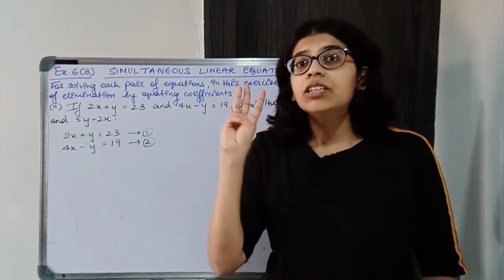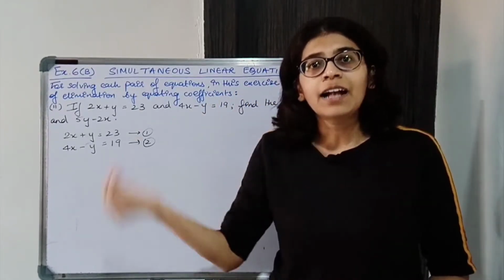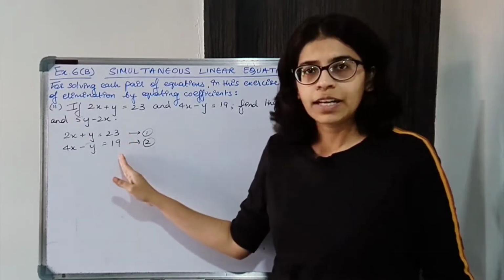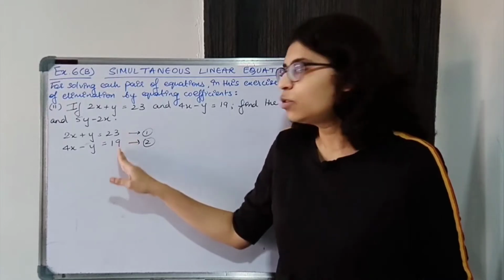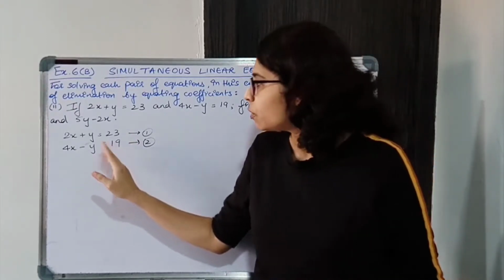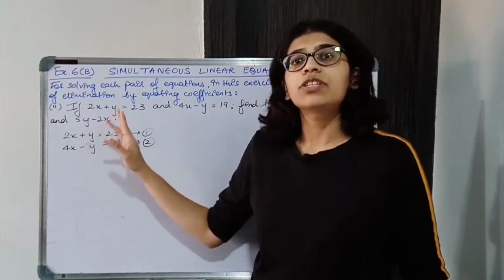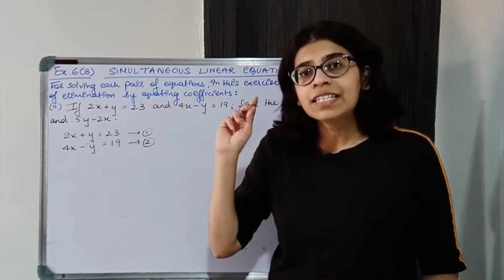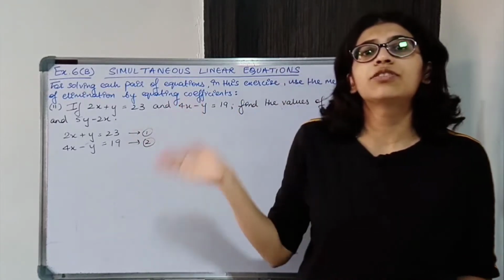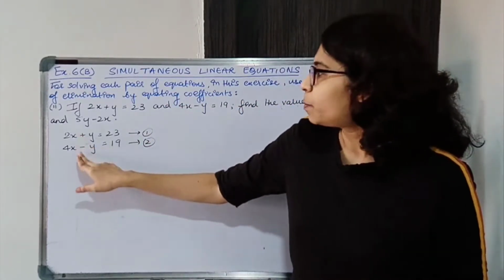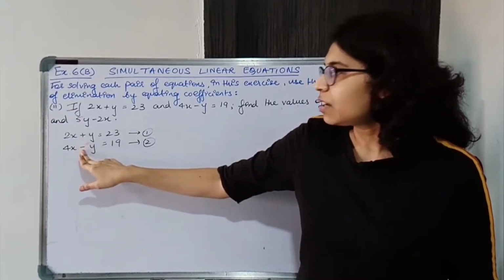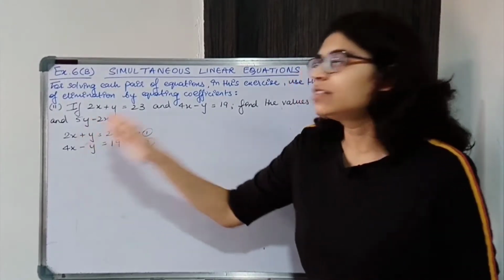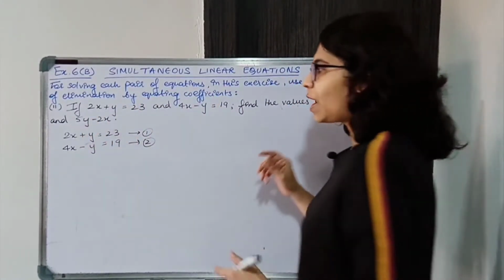Third step, we will either add the equations or we'll subtract the equations. Here we have not made any new equations. We are considering these same two equations. So here we are going to add or subtract. Check the signs of the coefficient. If the signs are the same, you will subtract. If it is opposite, you will add. Here it is opposite. One is plus 1, other is minus 1. So you will add the two equations. On adding, automatically this will get cancelled. So adding 1 and 2.